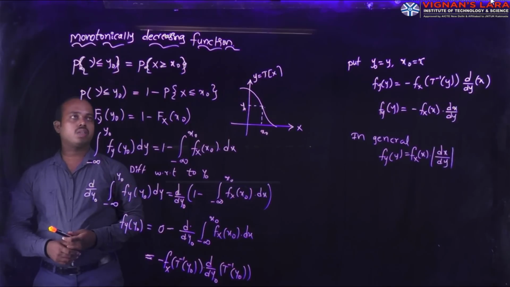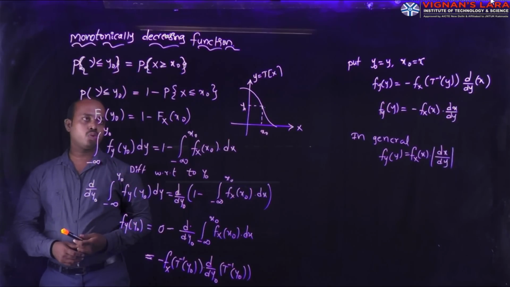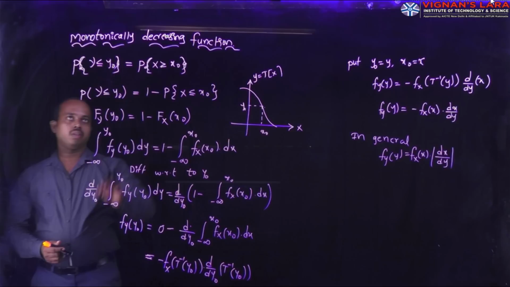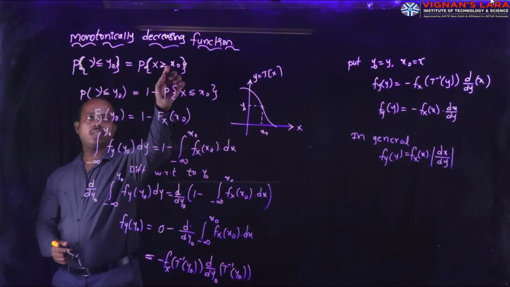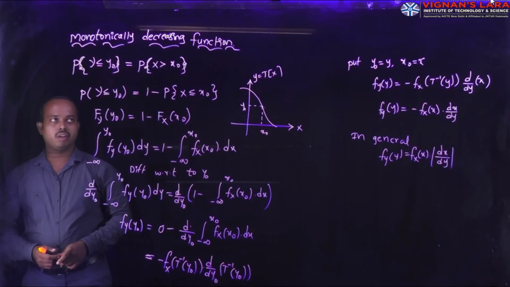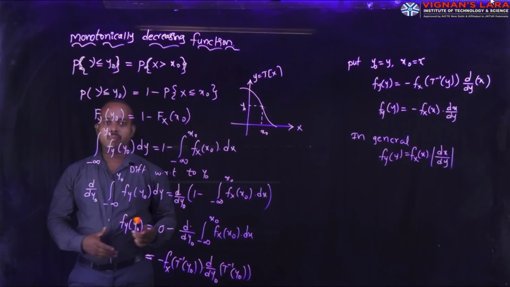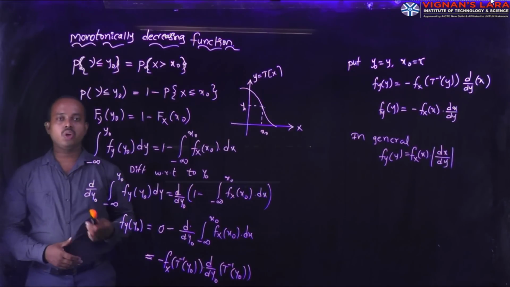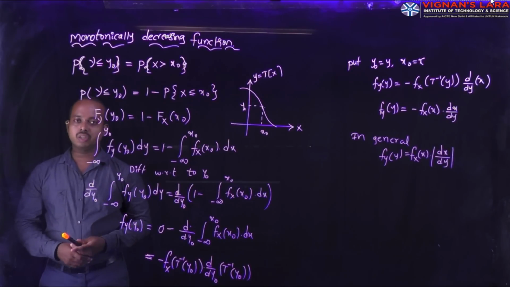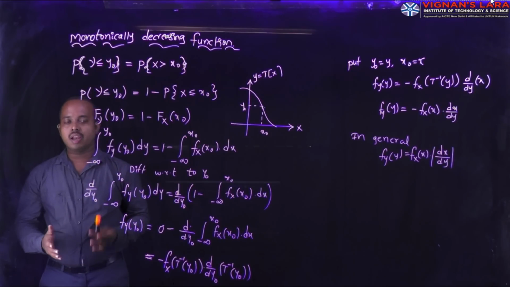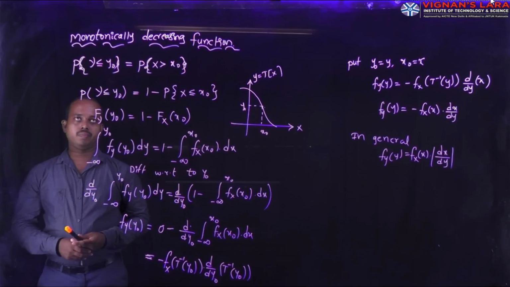For this case, we can choose the relation. Here we can take the less than or equal, and here you can take the greater than relation. For this relation, we choose the quite opposite event. Why? Because we can only write the distribution function when the function is less than or equal to the quantity.